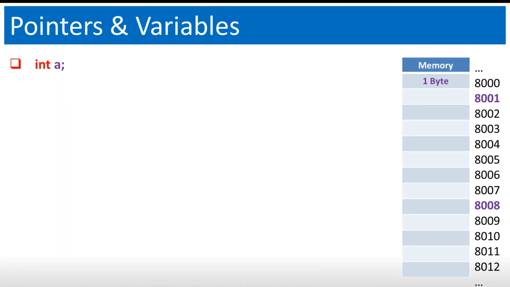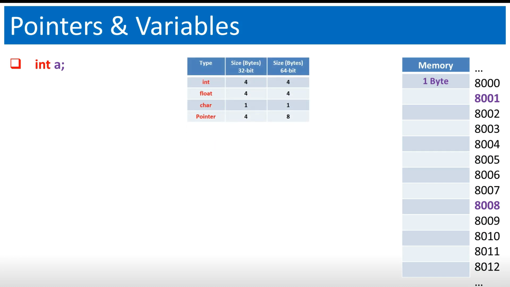Okay, so in this example, I'm going to show you how we declare an integer and a pointer to integer. If you remember from previous lectures, we said that the integer type takes up 4 bytes if we're on a 32-bit or a 64-bit system. The size on Windows is 4 bytes. The pointer, though, is usually going to be 4 bytes if it's 32-bit, or if you're on a 64-bit system, then it's going to be 8 bytes. And the reason for that is a pointer holds the memory address. In this example, I'm going to use 32-bit.